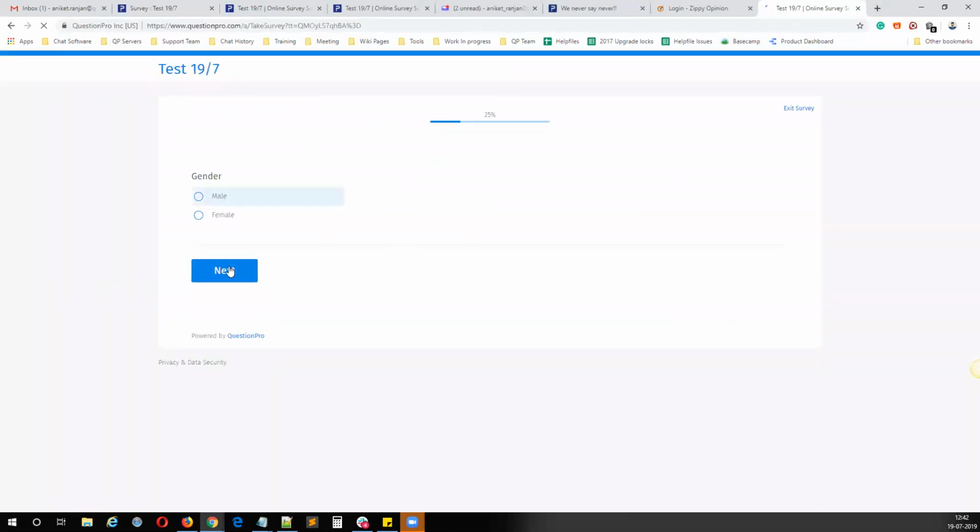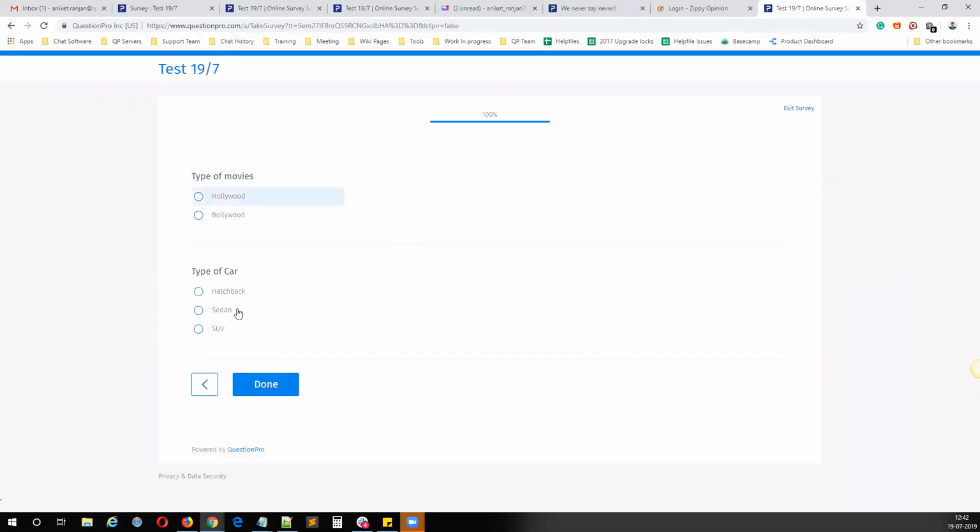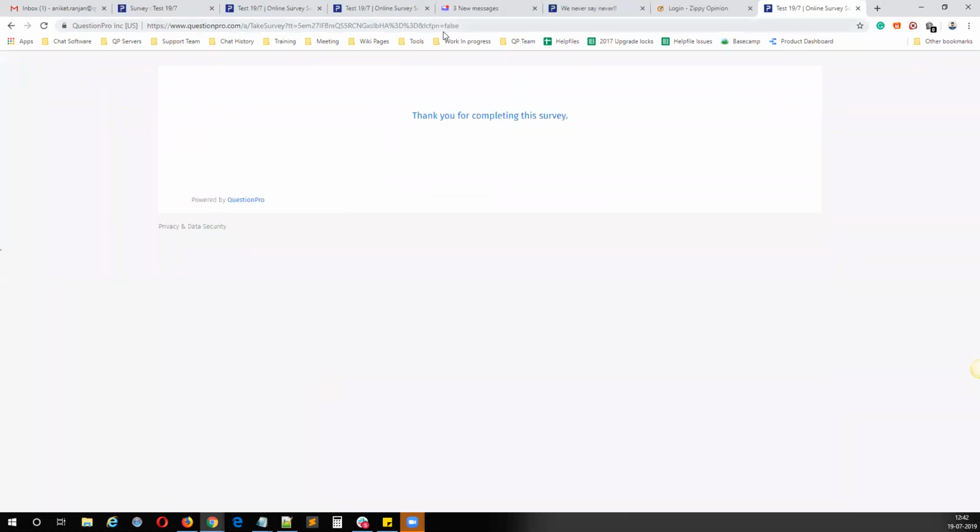This is the first time, so I can complete my survey, right? If I select male, above 18, remember we have to click on the done button. Yes, we have to complete the survey for the quota to get reflected. It doesn't work on